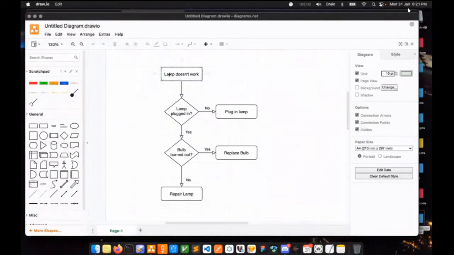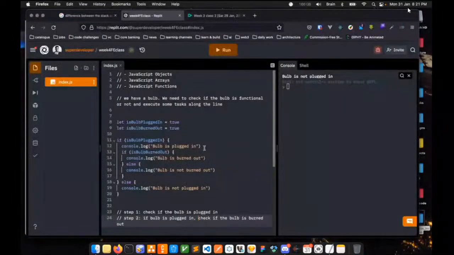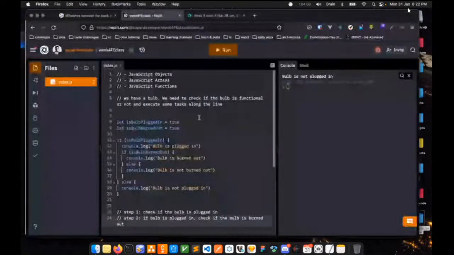So lamp doesn't work. Okay. Check if it's plugged in. If no, tell us to plug in the lamp. If yes, then check if the bulb burned out. If yes, replace the bulb. And if no, repair the lamp. So it's very simple for us to just go ahead and use all these messages, but definitely we do not need to go that far,